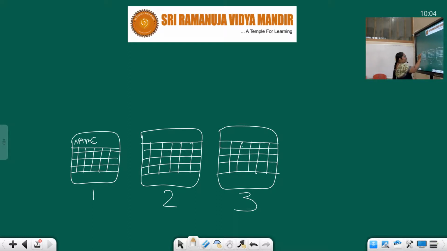When you have multiple sheets, you should give a particular name, so that when you want to retrieve the data again and again, the information will be safe, visible and clear to you whenever you want to search the data. The name of your first friend is A, the second friend is B, and the name of your third friend is C.